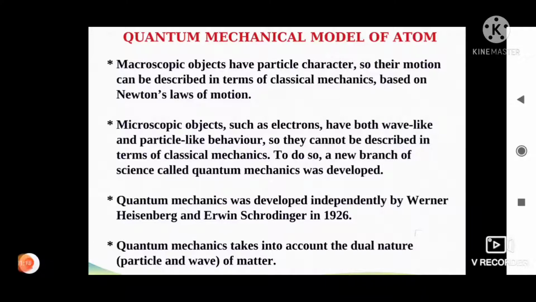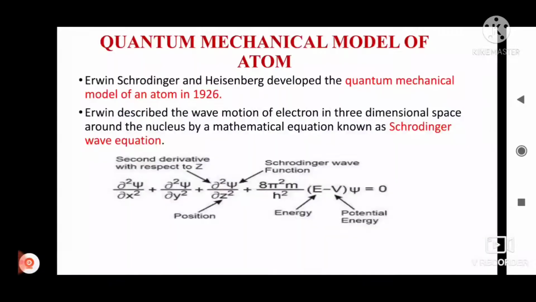In order to describe both the wave-like and particle-like behavior of microscopic objects, a new branch of science was developed, that is quantum mechanics. It was developed independently by Werner Heisenberg and Erwin Schrödinger in 1926. Schrödinger described the wave motion of an electron in three-dimensional space around the nucleus by a mathematical equation known as the Schrödinger wave equation. That is,